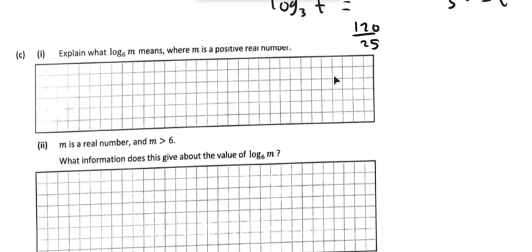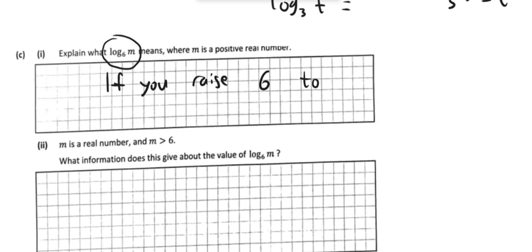Right, so the last part then, very unusual for a part C of a question, so you have to explain now what log m to base 6 means where m is a positive real number. So you just have to do your best to explain what this means. There might be a better way of explaining it, but if you raise 6 to some power, so m in this case, then